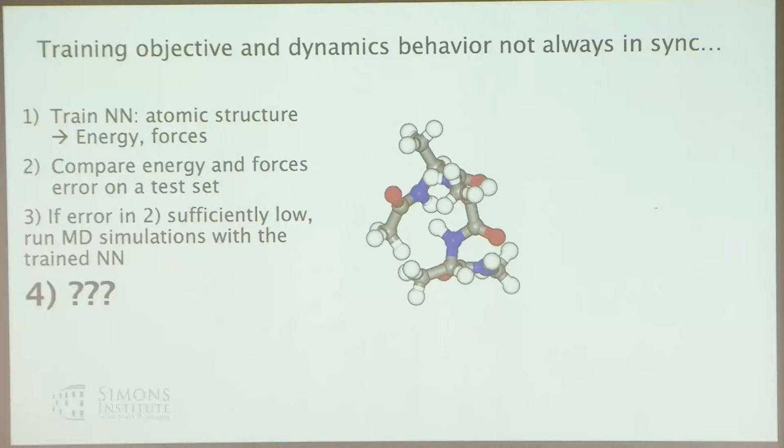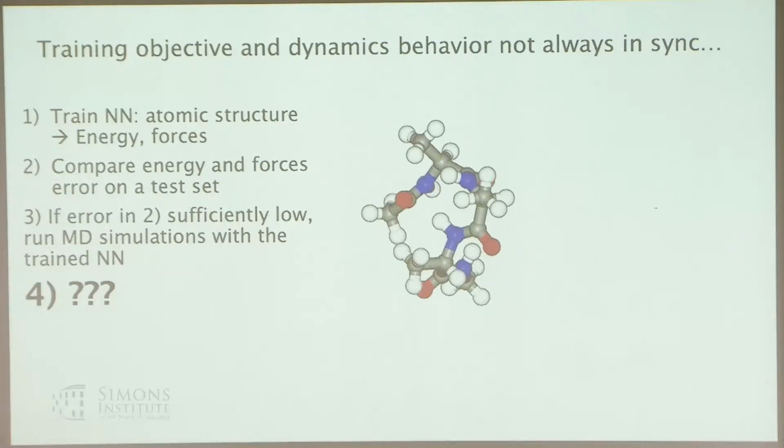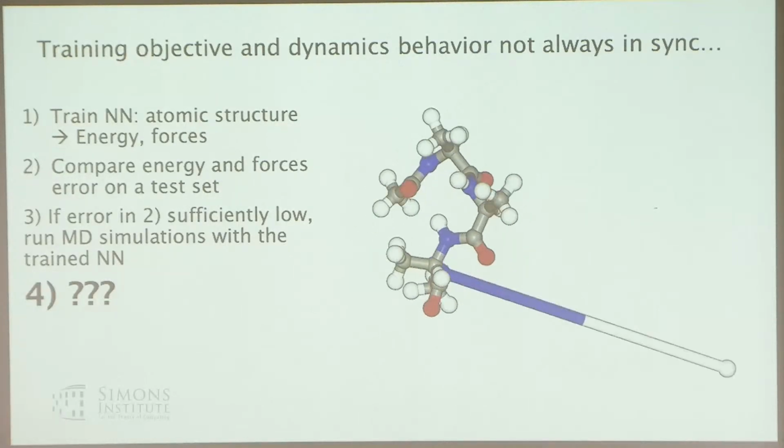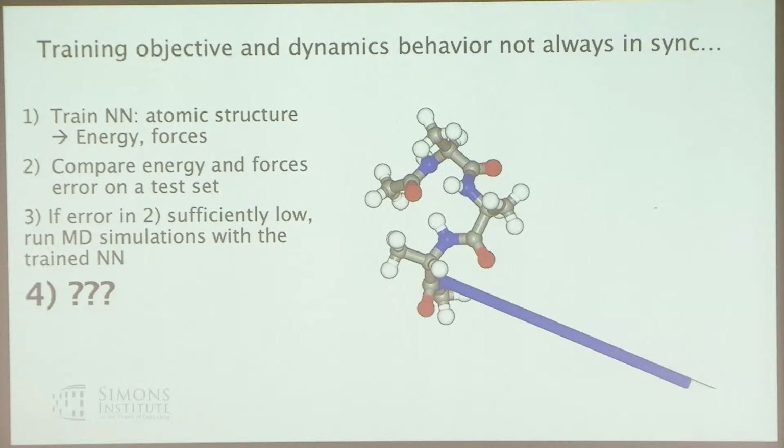Here's another example where everything looks great, we're running it over time, but as we keep going further and further, you get something that would not be the type of thing that we would want our neural network to predict. So these can also show up in other ways. Sometimes I showed the bond stretching here, but you can have two atoms fall on top of each other or get very close to each other, which also will completely mess up your simulation because your energies are going to get very high.